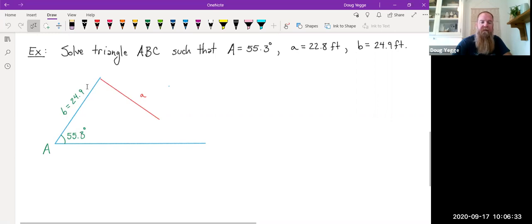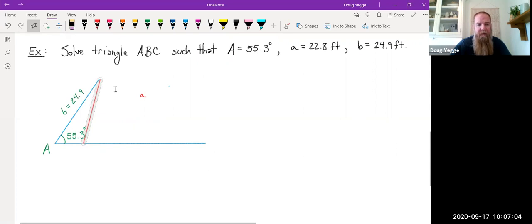So if side B is 24.9, then what we should recognize is 22.8 will be pretty long, pretty close to the actual value. So it'll be somewhere about that length right there. So will that touch the other side? Well, let's see. If we pull this down, it looks like, yeah, if I allow this to touch the other side, then that length right there might in fact be 22.9